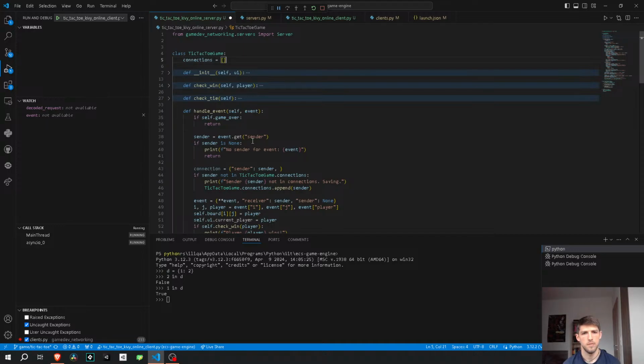I need to save it first and then validate if the new connection exists in the list of connections. So basically, what can I do? I can rework this to be a dictionary, and then